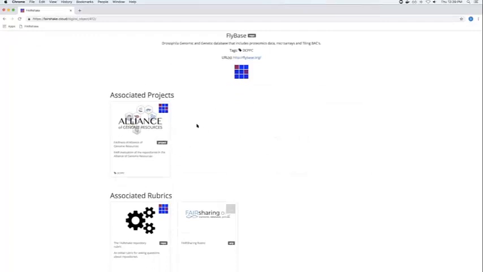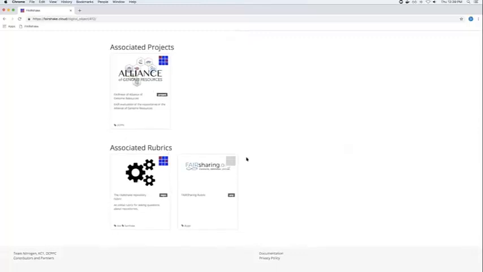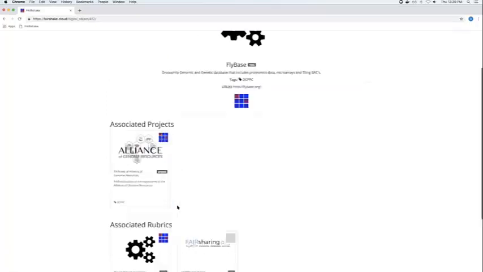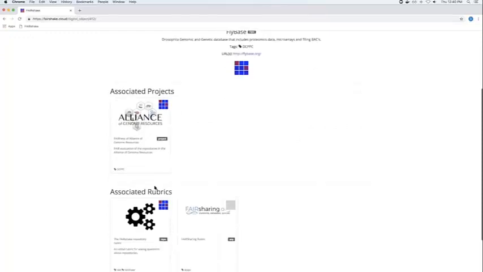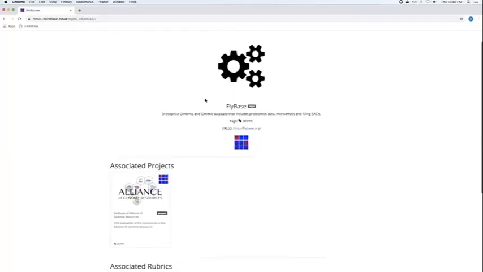It can also be associated with different projects, but currently this one is only associated with the Alliance. It also helps us associate rubrics. So these are rubrics which represent the metrics we wish to evaluate it based on, but it's not necessarily exhaustive. This is ultimately a recommendation by the creator of this element.